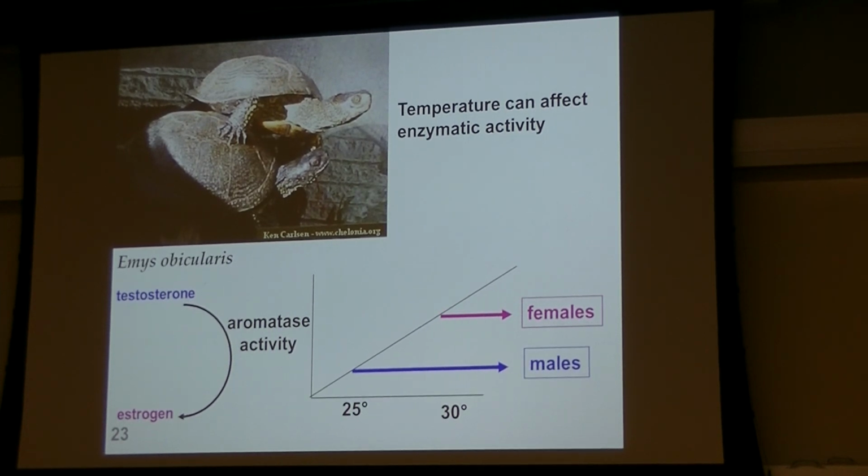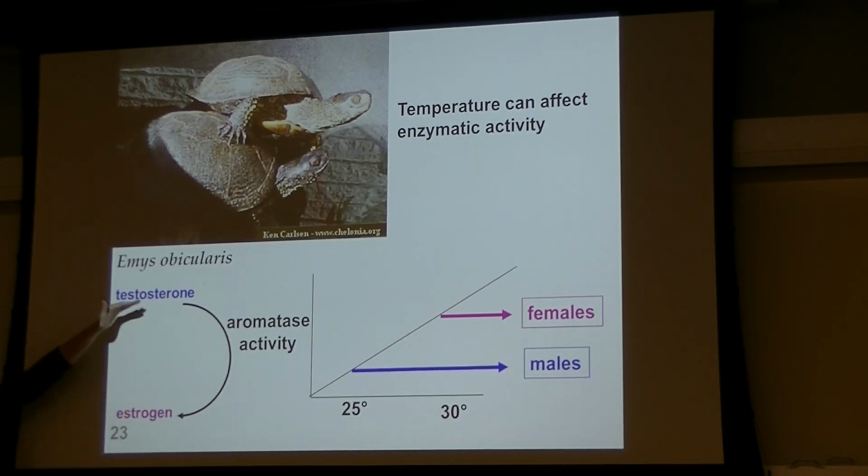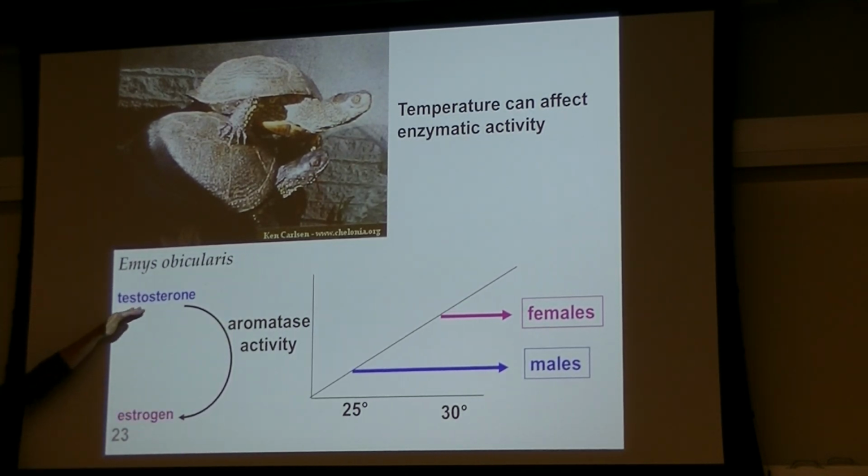The temperature is affecting hormones that are made within the body, and you can get different hormones if you're male versus female. A male hormone is testosterone, a female hormone is estrogen. Biochemically, these structures are not that different, and you have this enzyme known as aromatase that can actually convert the testosterone into estrogen. So how much aromatase activity is present is going to make a difference for male development versus female development, because it's taking your starter building